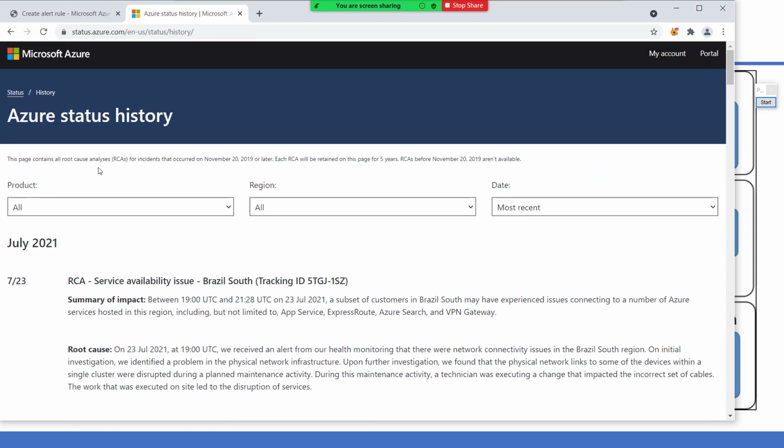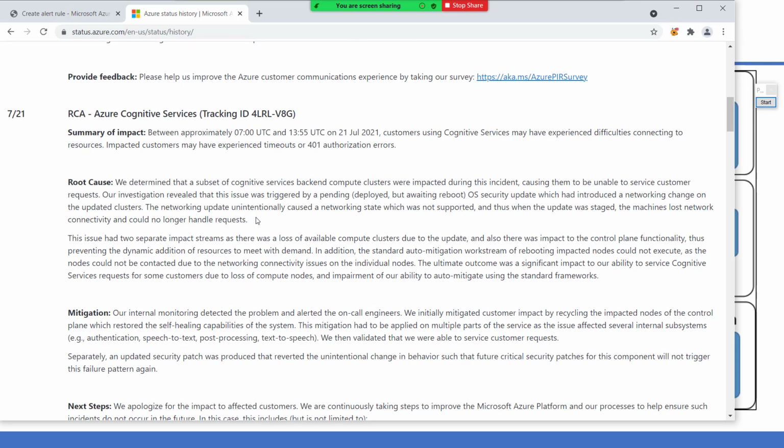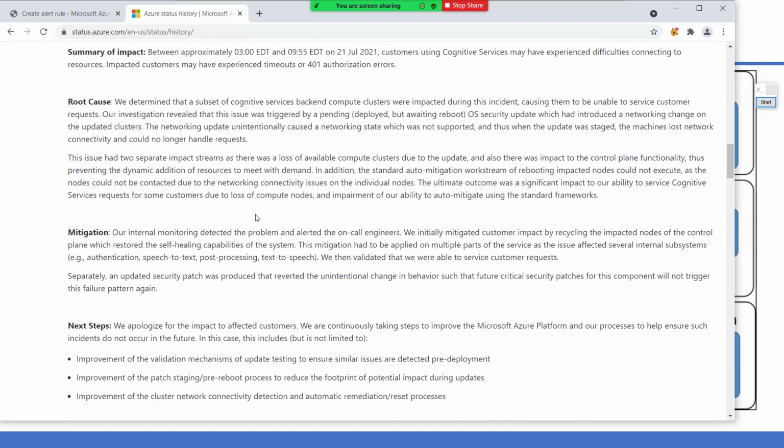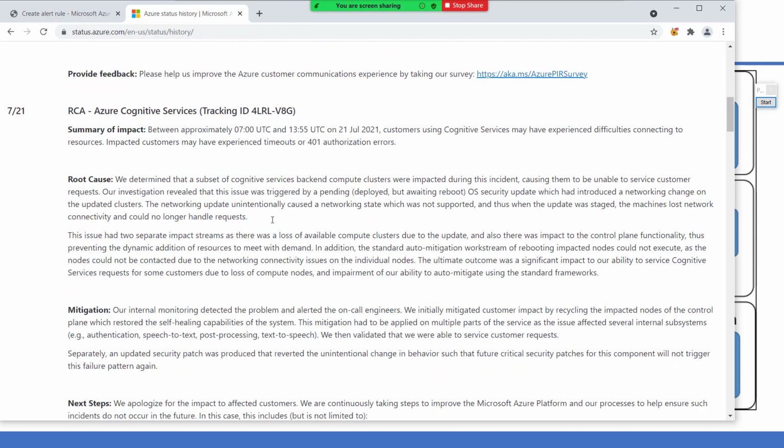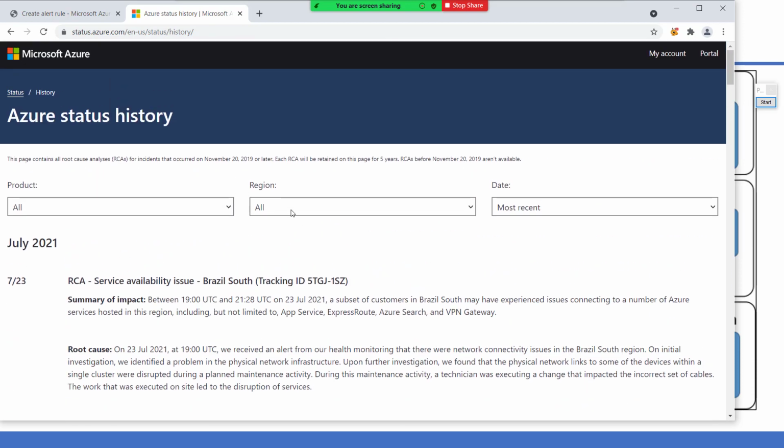Either you can do it from there, and a few years back I was using a service written by some architect or Microsoft person on top of this log. They created a listener, because here you can see that we don't have any subscription option, right? So they created their own service. They were parsing the information on this particular page, and then notifying individual users that something was happening to Azure. That was really a good service. Not sure, because I have not seen those emails for a long time, so maybe that service is not running.